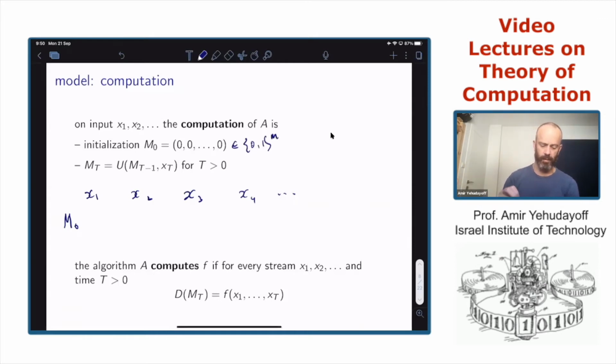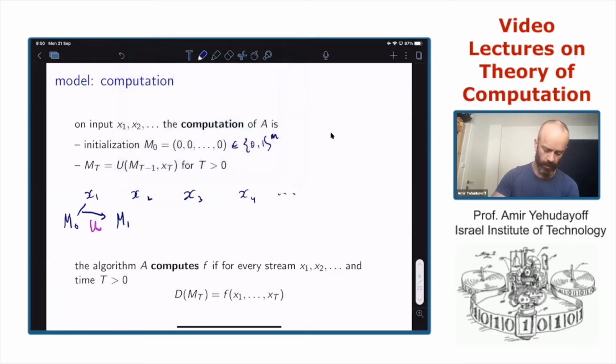Then we take M0 and X1 and use U. These two things generate M1 via the update rule U. So M0 and X1 generate the new state of the memory, M1.